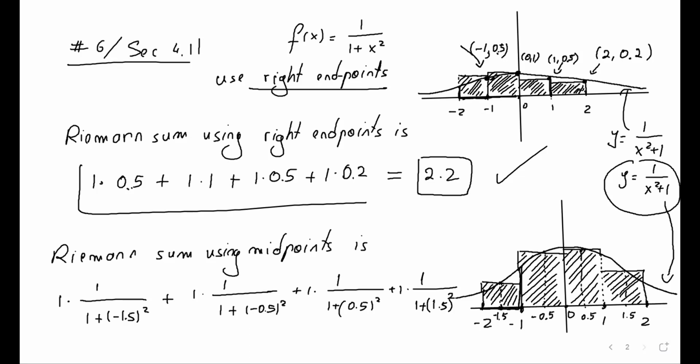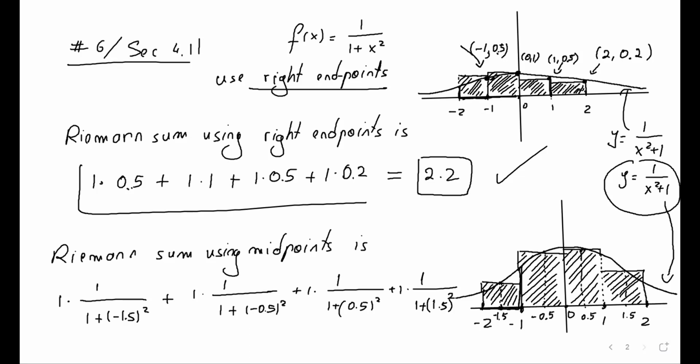Remember, folks, there's my function graphed over there. Now with Desmos you can see there's -2, there's -1, there's 0, there's 1, there's 2. So I can simply calculate these areas by saying f of